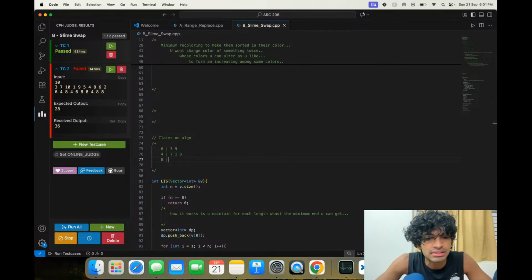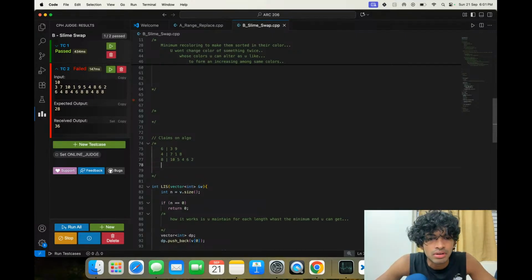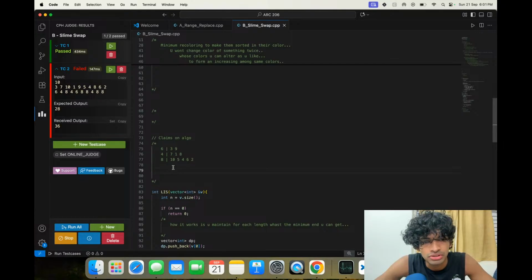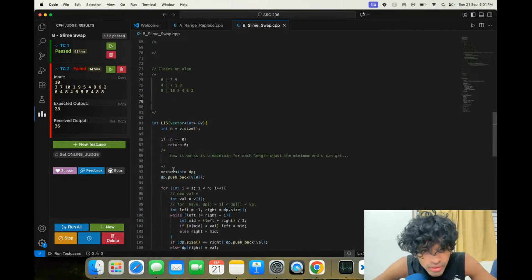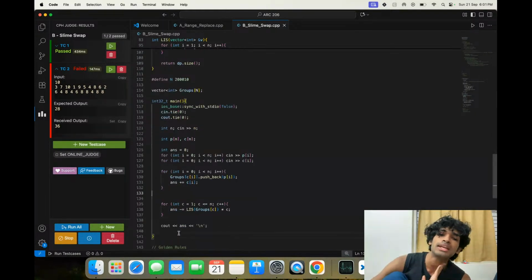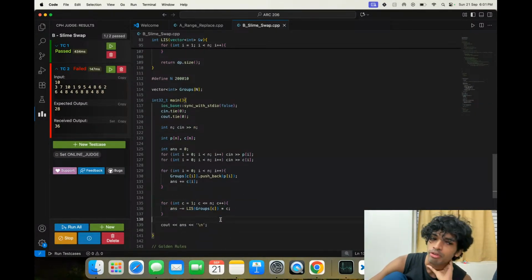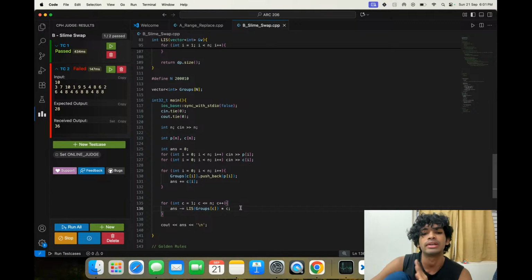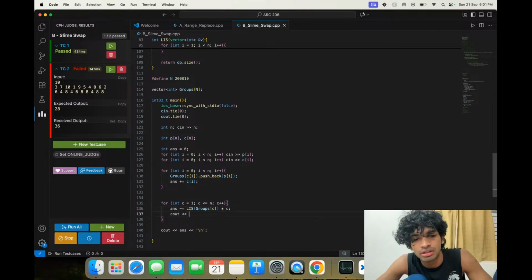For 8, it is 10, 5, 4, 6, 2. Okay. Now, what would be the cost? This is all costs minus whatever can be saved. We are removing whatever can be saved. Right. Let me just check if the LISs are correct or not.